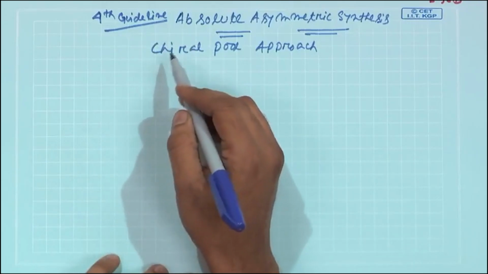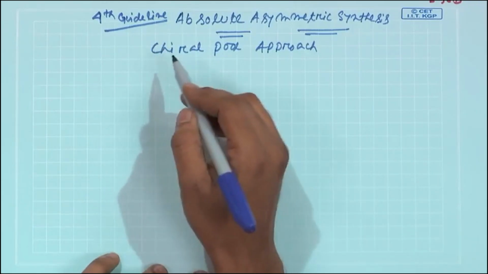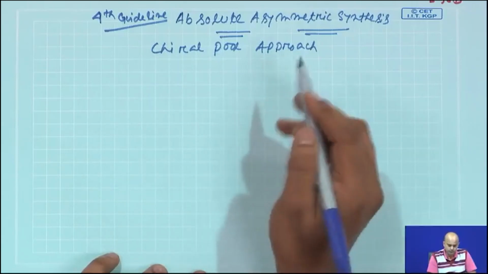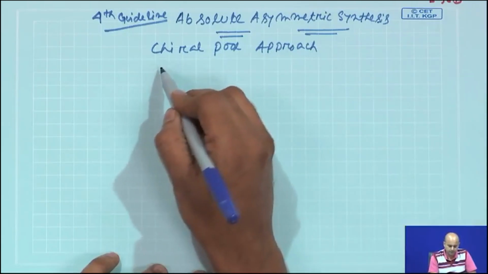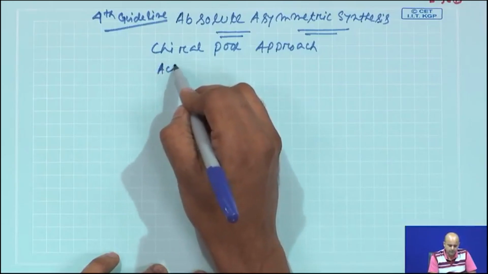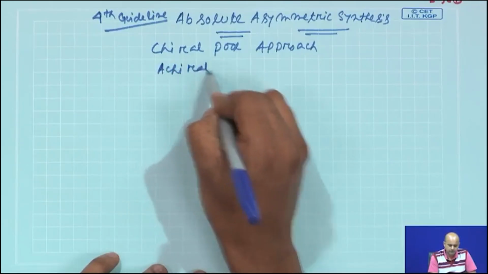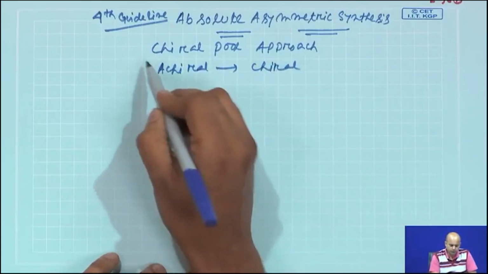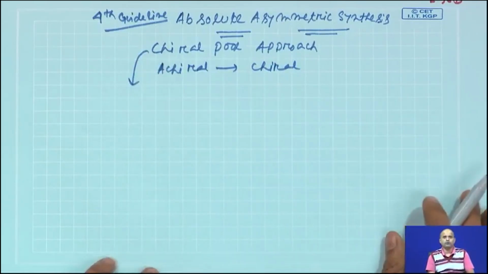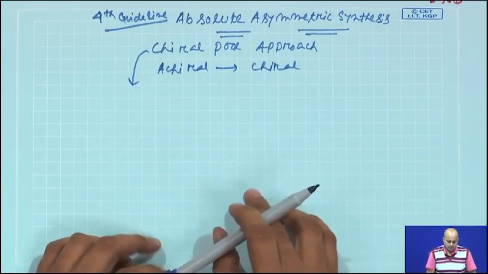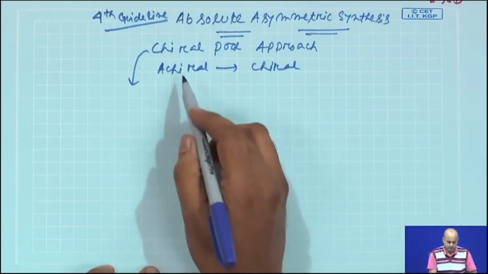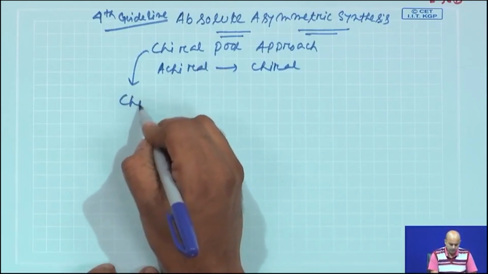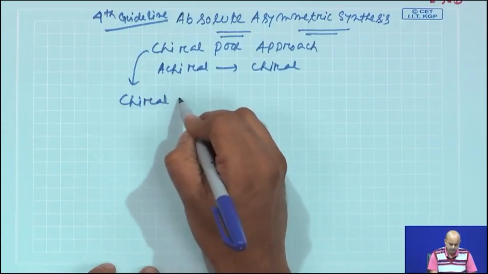In particular, this part will focus mainly on the chiral pool approach, as well as the case where you have a starting material which is achiral and you just need to create a chiral molecule. First, we focus more on the chiral pool approach. The chiral pool approach is a very old approach. The approach says that you need to have some chiral starting material,